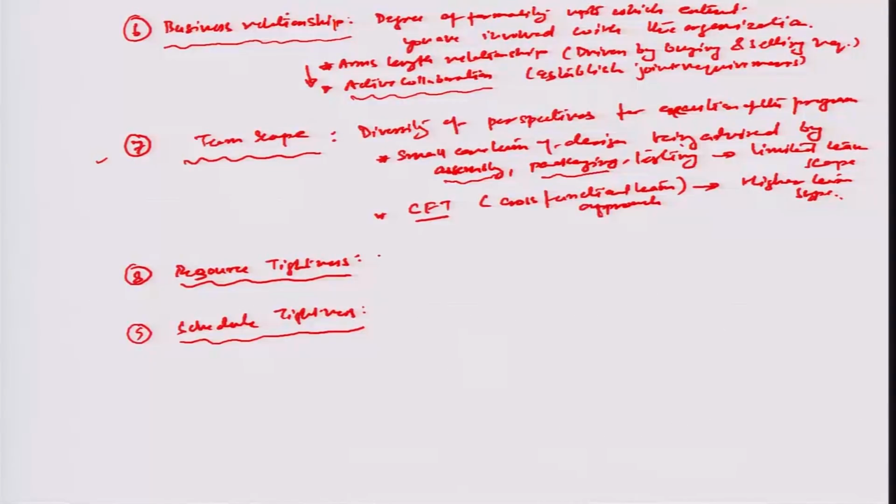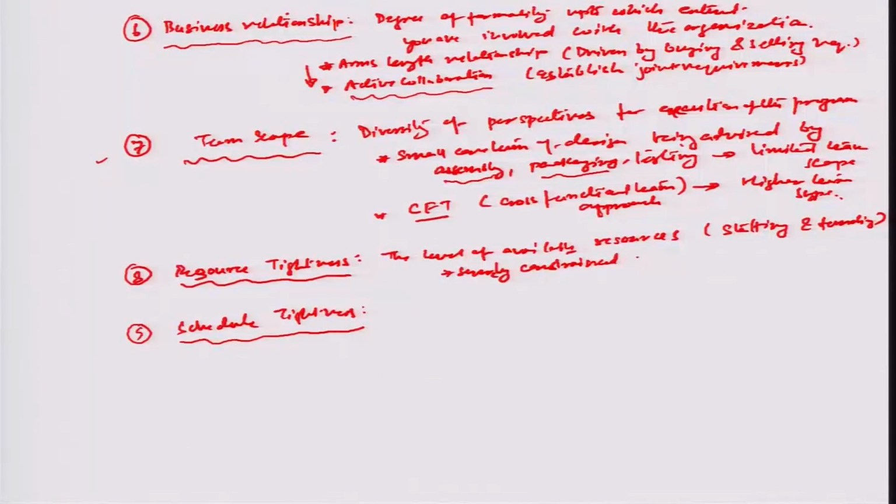So, let me just write these down briefly. So, this is the level of available resources, which defines this dimension. So, for example, staffing and funding. So, there can be one which is severely constrained, and there can be another which is abundantly